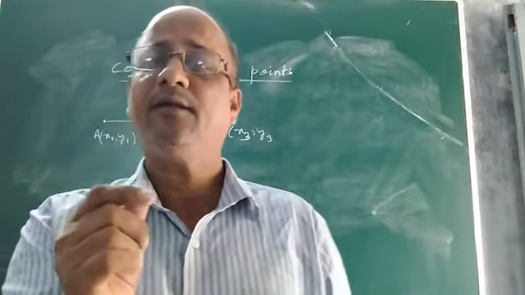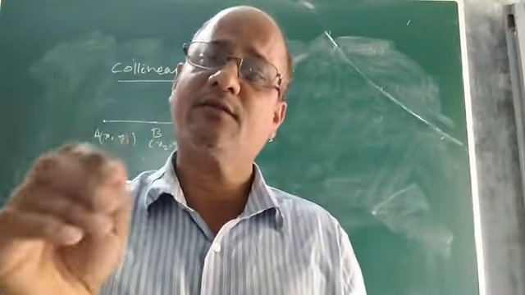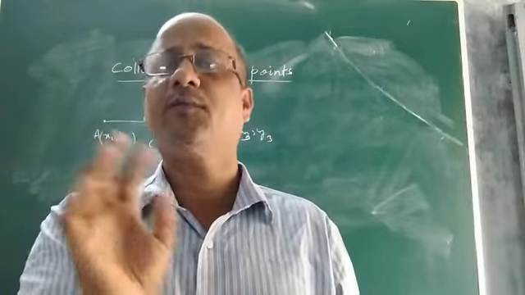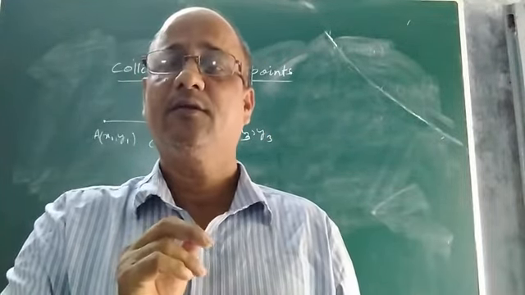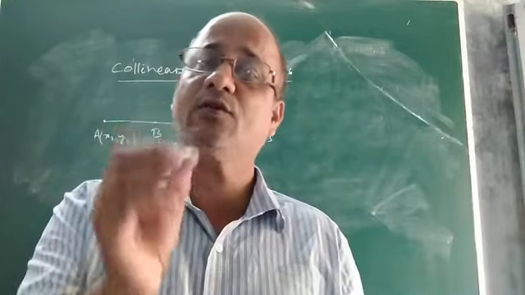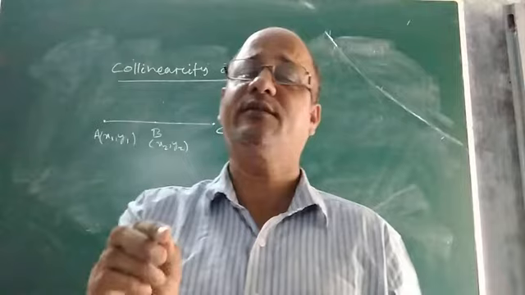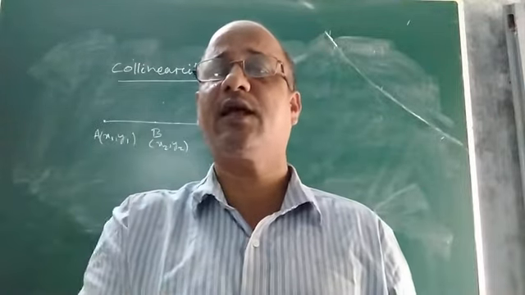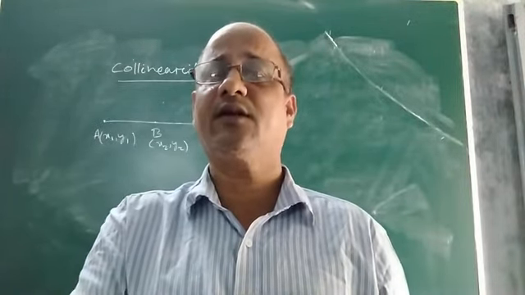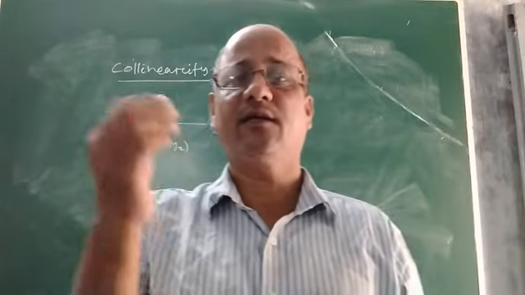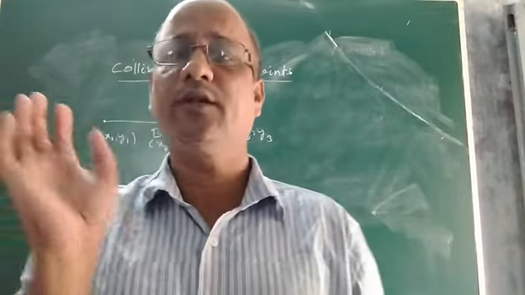That means in a plane, if 3 or more points lie on the same line, then we call such points collinear points. But if they do not lie on the same line, even though they lie in the same plane, even though 3 or more than 3 points lie in the same plane, but they do not lie on the same line, then we cannot say they are collinear. Then what points are they? They are no doubt non-collinear points.